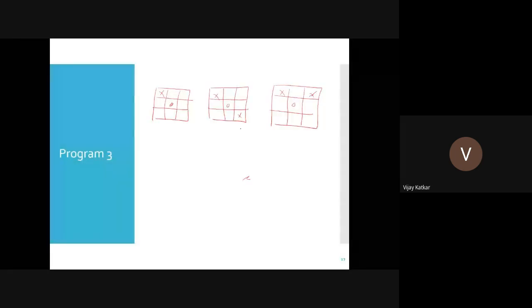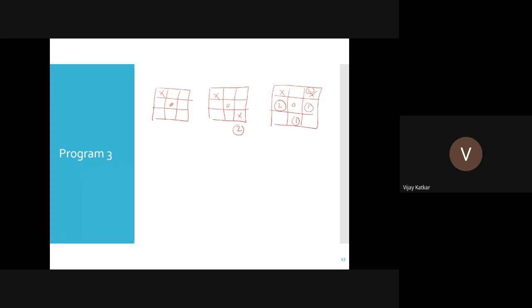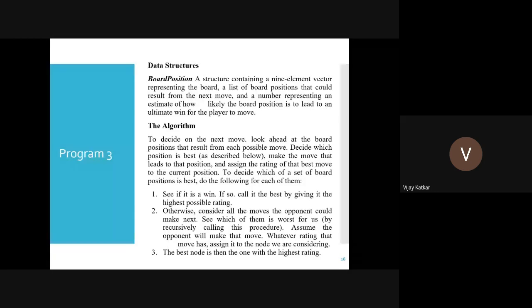So we can give weight 2 to this location, and weight 2 to this location. If one marks X over here, it can be 1. If it is marking over here, it can be 1. If it is marking over here, it can be given 1 or 2. Then depending on where the user marks and which node gets the highest points, that node can be selected. So you can assign 1, 2 or 3 depending on how good that move is, and based on how good that move is, you can select.